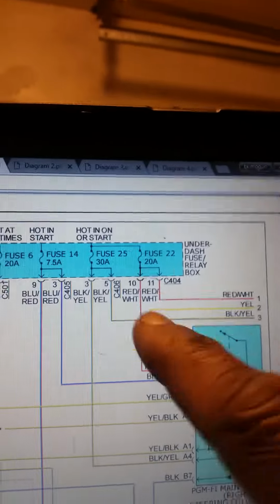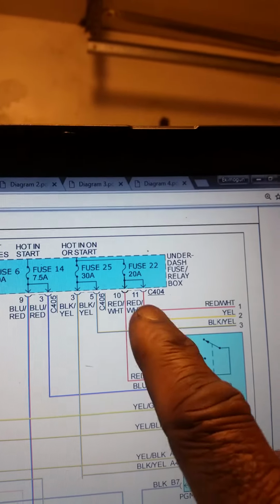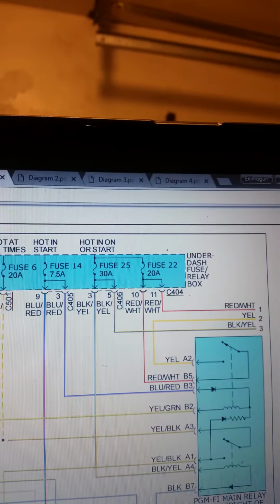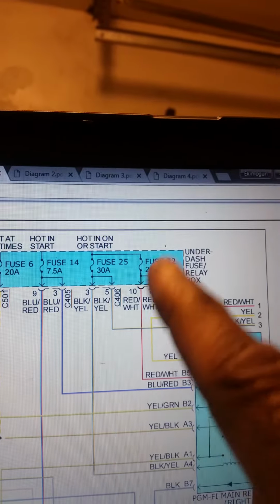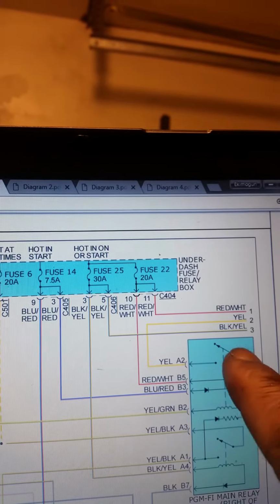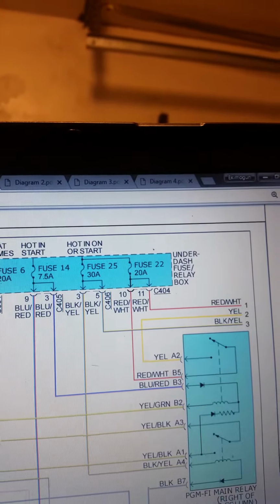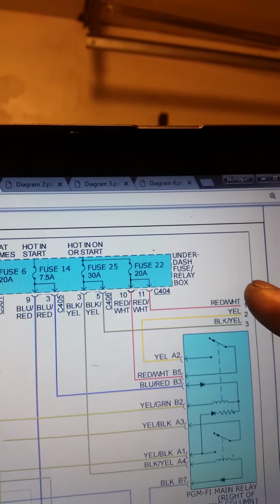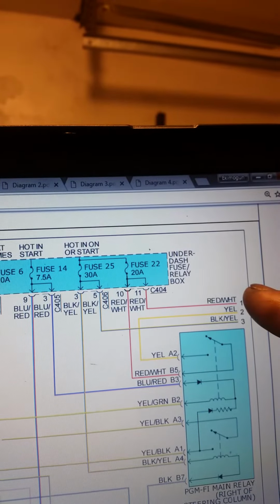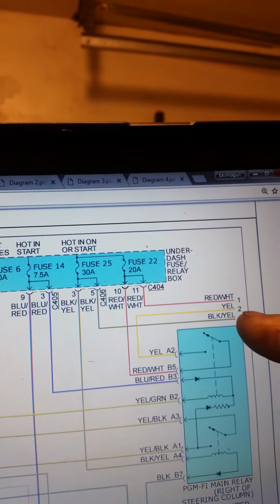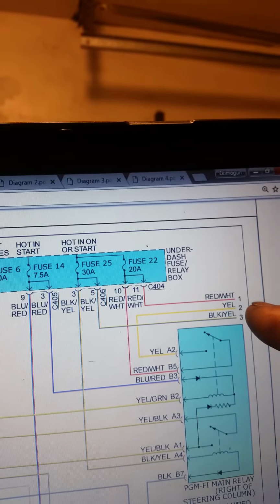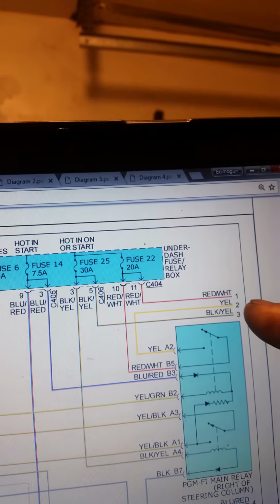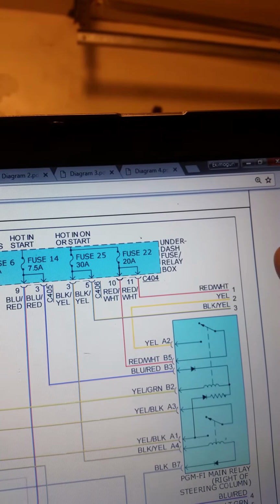Alright, so fuse 22 here supplies our red wire that's at the fuel pump relay over there, and then comes down into the main relay and sends power to the pump. So the red-white wire that we had power on was a control circuit power. This was the slave circuit power to the pump. I got no power there. So unless I have an open between here and the pump,